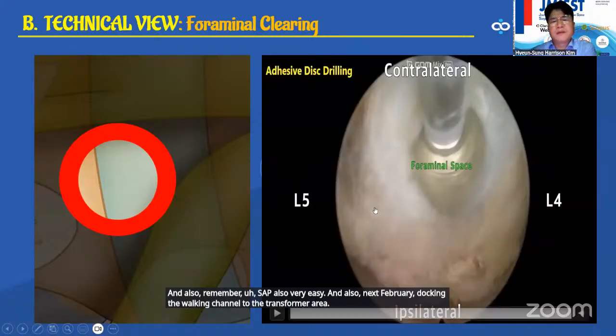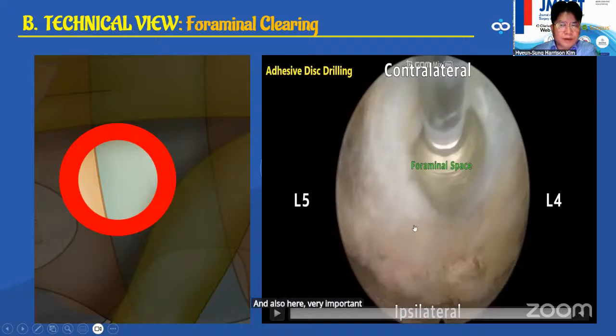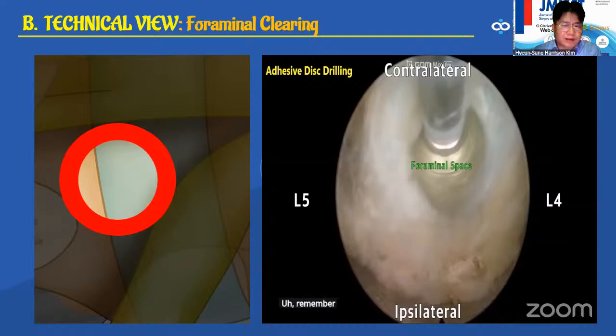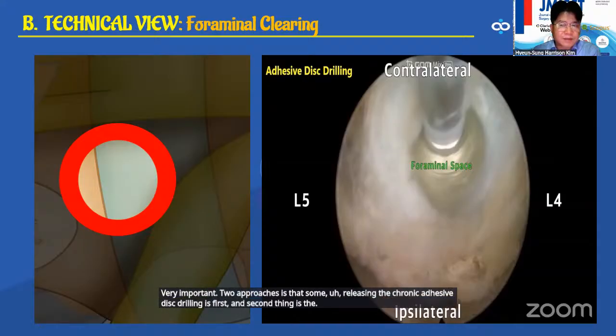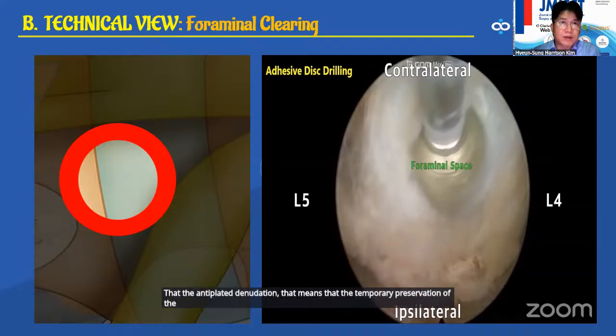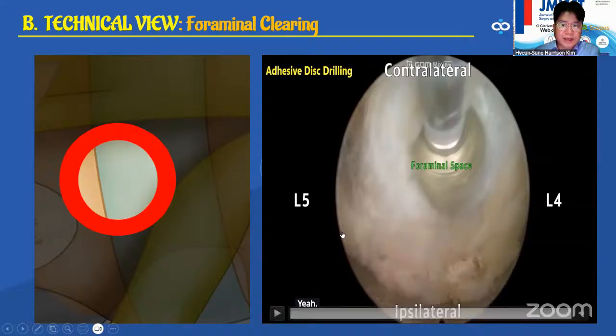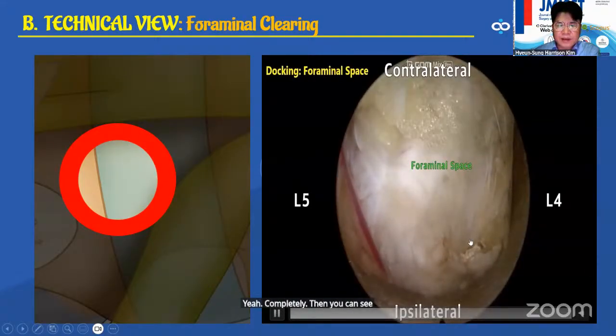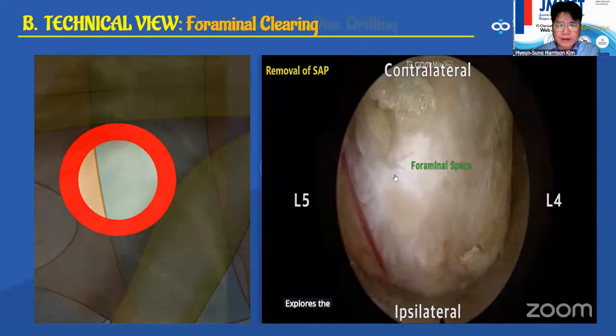And also here, very important procedures in the endoscopic lumbar interbody fusion. Two very important procedures: first, releasing the chronic adhesive disc by drilling, and second, the end plate denudation. That means complete preservation of the end plate with complete detachment of the disc. Then you can see here again, expose the foraminal area, then